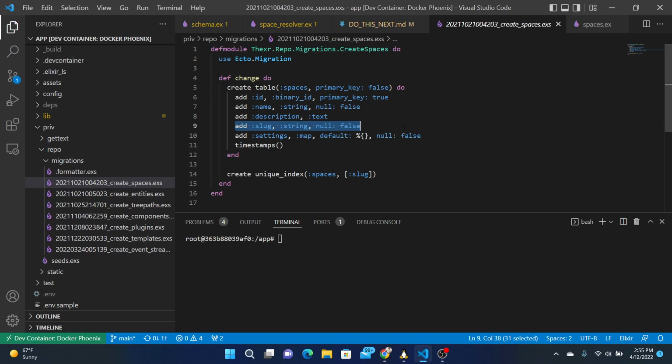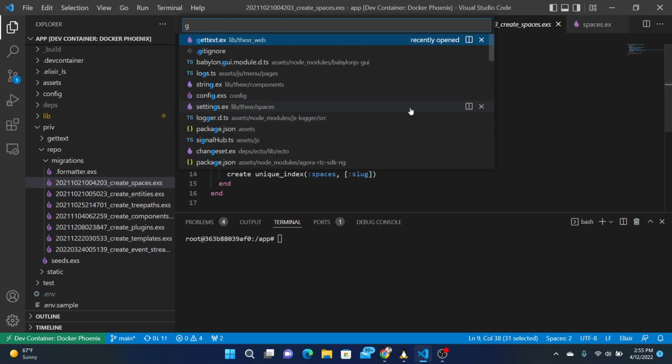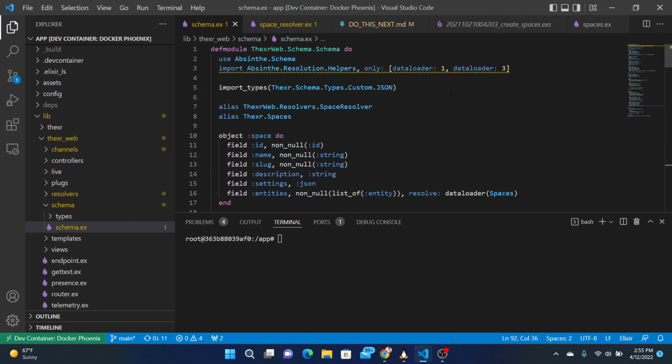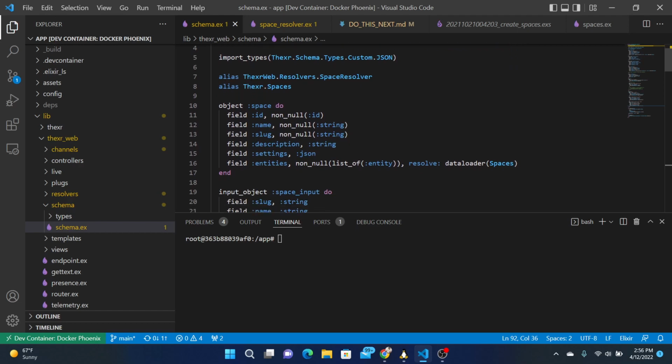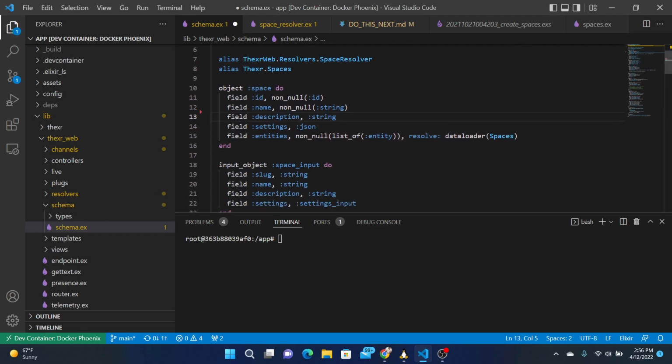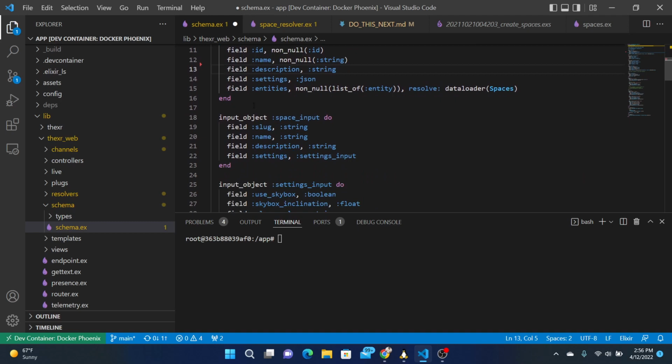What else? So, what about GraphQL APIs? GraphQL, sorry, schema, change these. So a space is this thing: ID, name, slug, so you can remove this from the definition of a space.